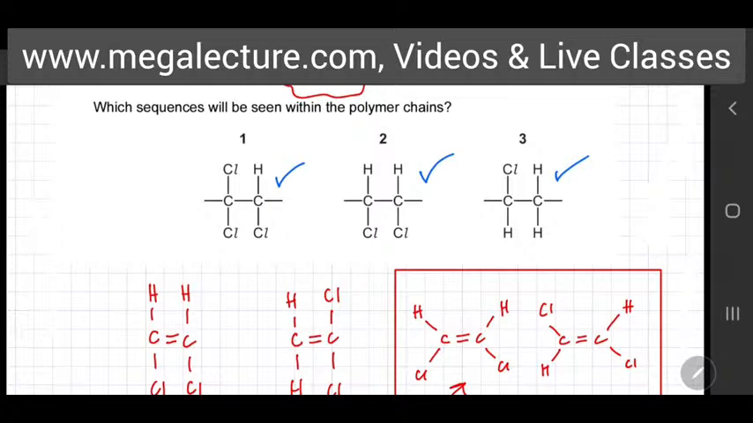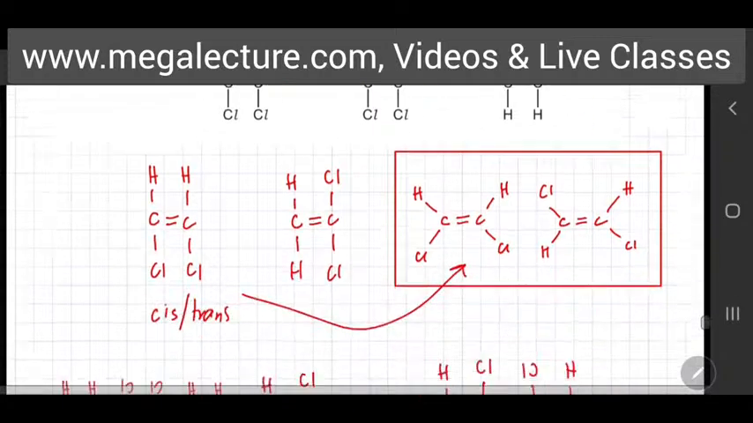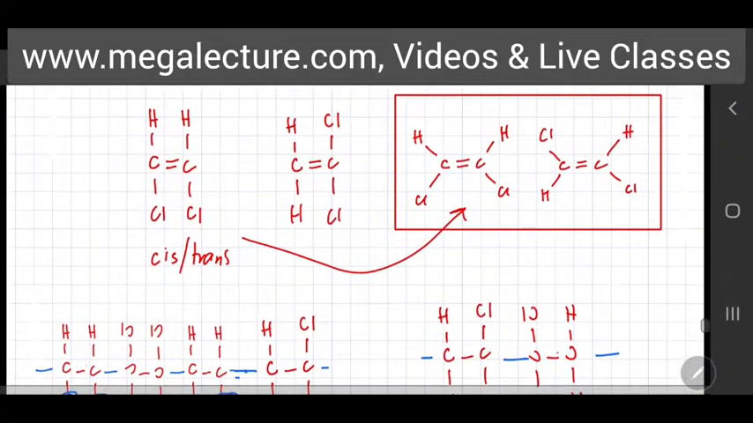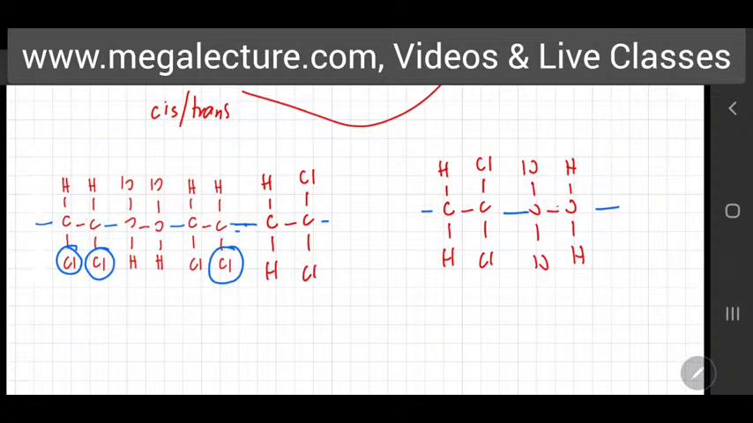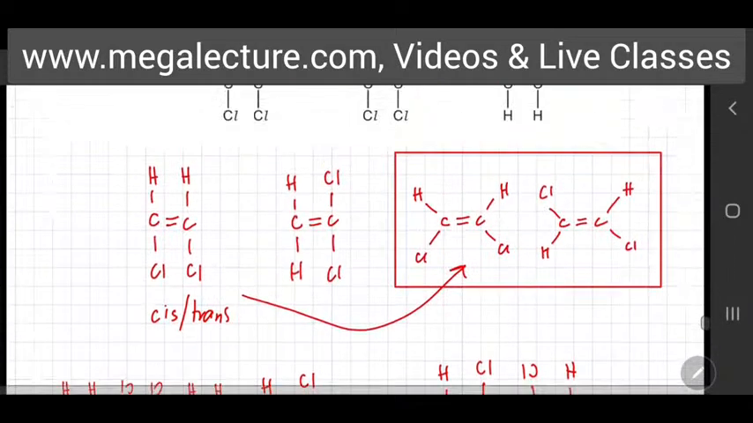So all three are kind of correct. These were your initial starting monomers, and you can mix and match them and try and figure out how many different arrangements are possible in the polymer chain. So in this case, it seems